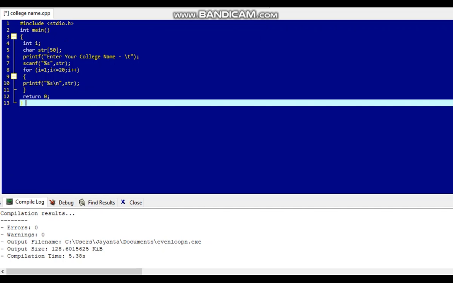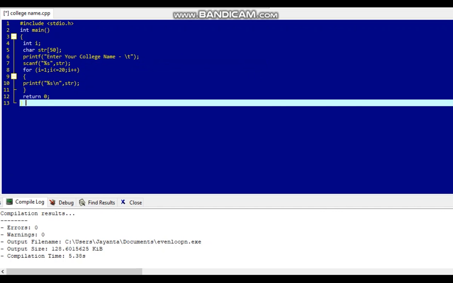In the second braces, I have declared an integer variable i. Next, I have declared a character array or string. Next, I have printed with printf: enter your college name